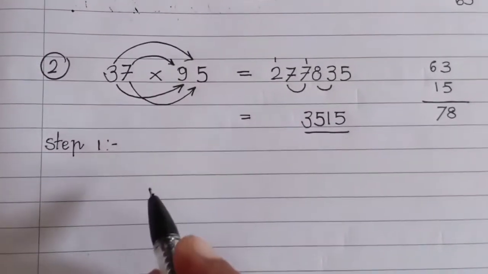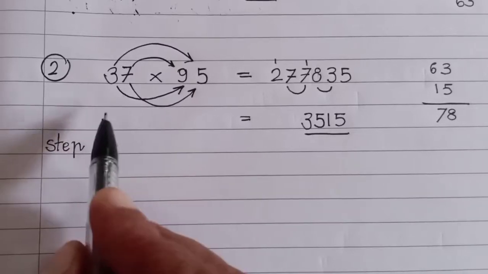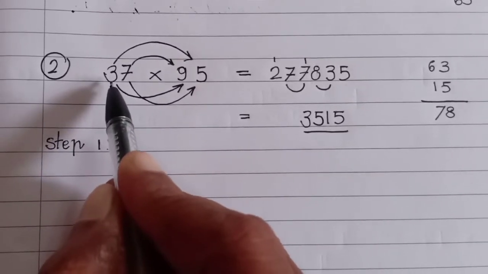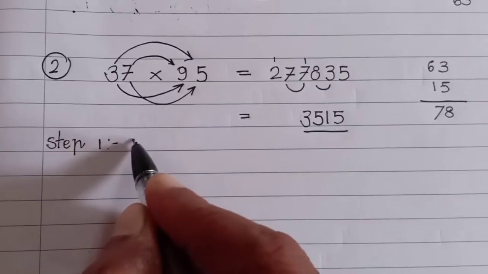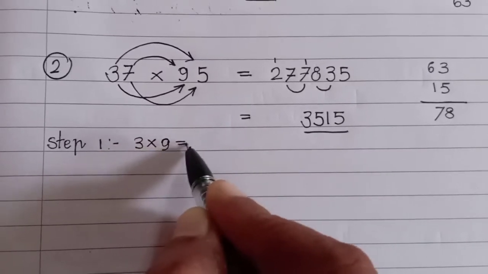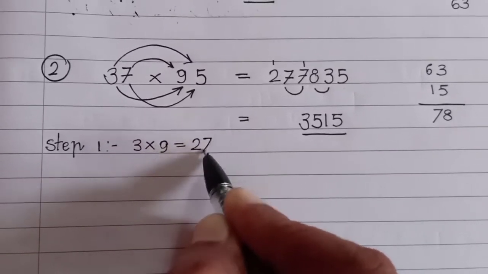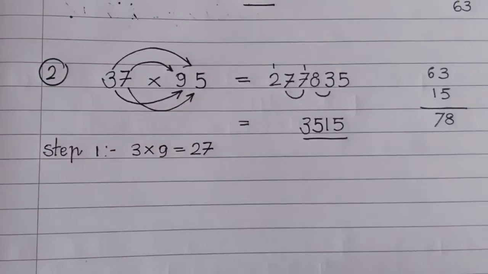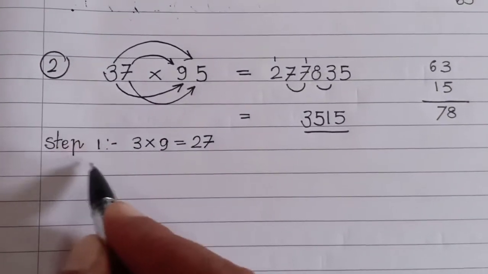Now see here, step number 1. What we have done is, at first, 3 into 9. 3 into 9 is 27, that we have written here. This one. After that, in the next step,